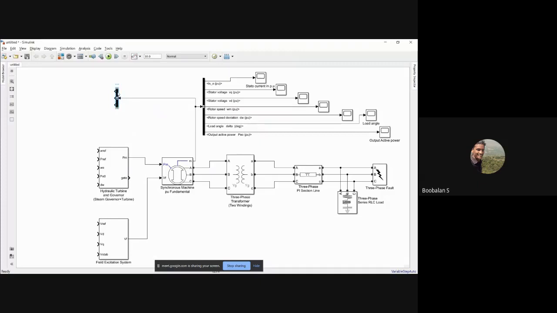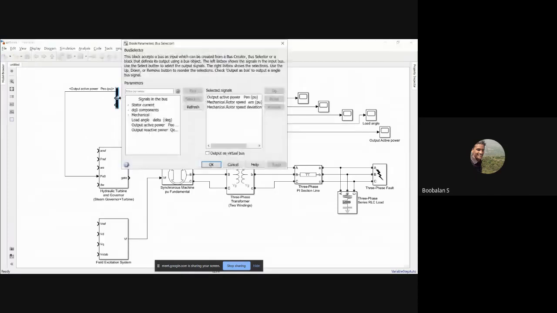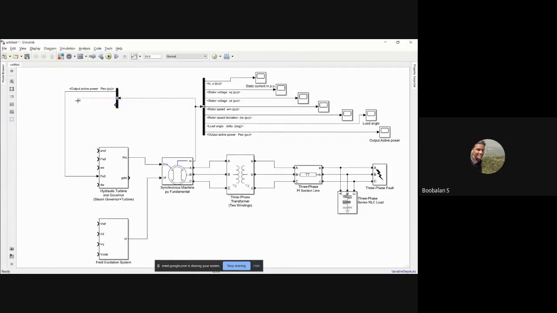Right? So the very first one is the output power, so connect the output power. Output active power PE0 in per unit, right? And the second terminal is nothing but my mechanical motor rotor speed, that is the actual WM. That is called WE, right? This is my rotor speed. You could verify with these lines, right? So the variable name is now coming over here. And the last one is the mechanical rotor speed deviation. Connect these lines also, right?